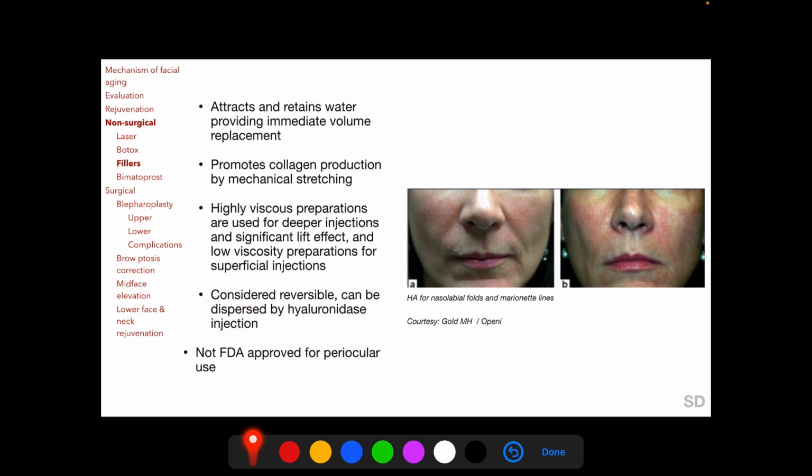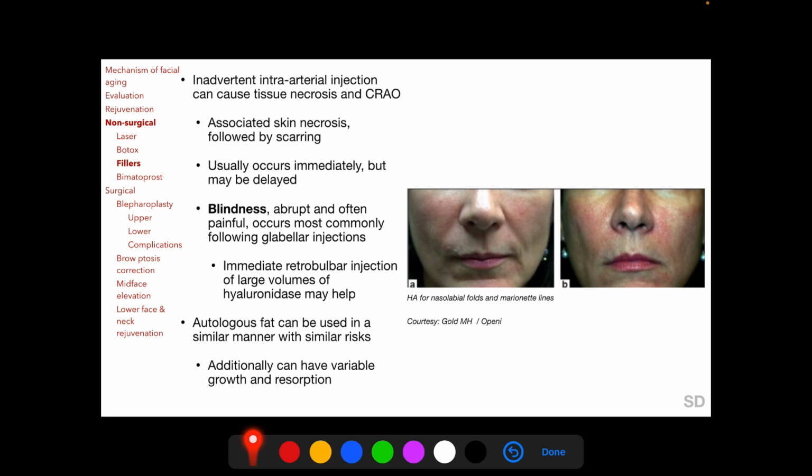However, hyaluronic acid or other dermal fillers are not FDA approved for periocular use, and this is because inadvertent intraarterial injection can cause tissue necrosis and central retinal arterial occlusion. The skin necrosis is followed by scarring of the skin, and the necrosis usually occurs immediately following injection but may also be delayed. CRAO occurs because the terminal branches which supply the face are terminal branches of the ophthalmic artery,